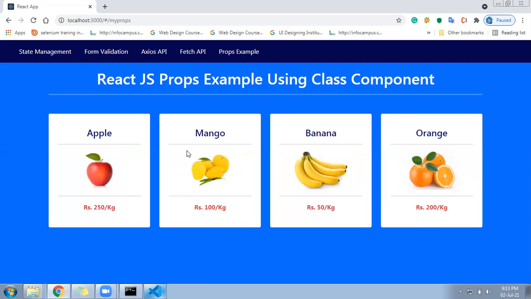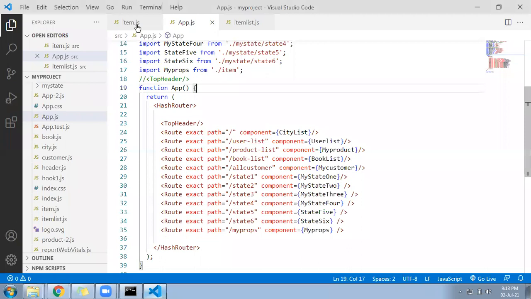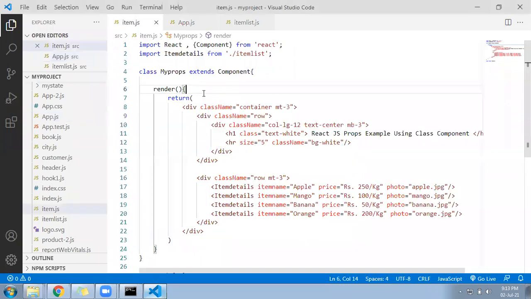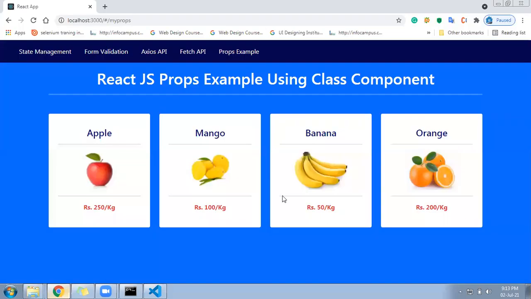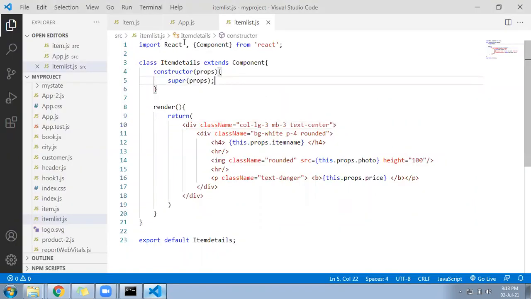How it is happening, I'm going to write the code in front of you. I'll implement it from A to Z and show you. So let's go to the code. First, I have created one component called item, and another component called item list. Based on these two pages, this data you are getting in the browser, and this output is coming in the browser. So let me first delete all the content from both pages.